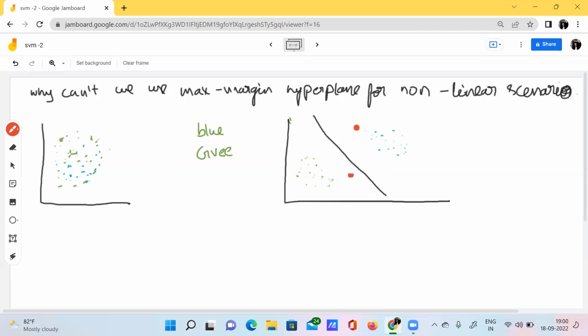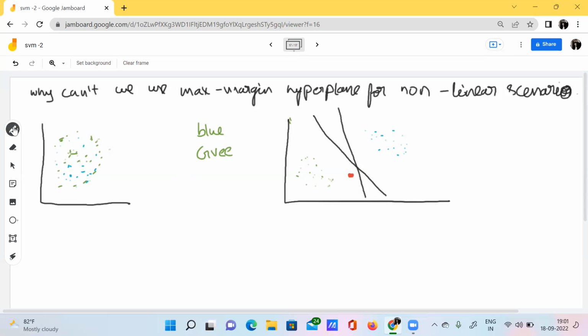The hyperplane will definitely experience some huge drastic change. How has that happened? I'll explain. See, if one additional data point has been placed here, then I may draw this hyperplane like this, right? See here, the entire structure of the hyperplane has been changed.